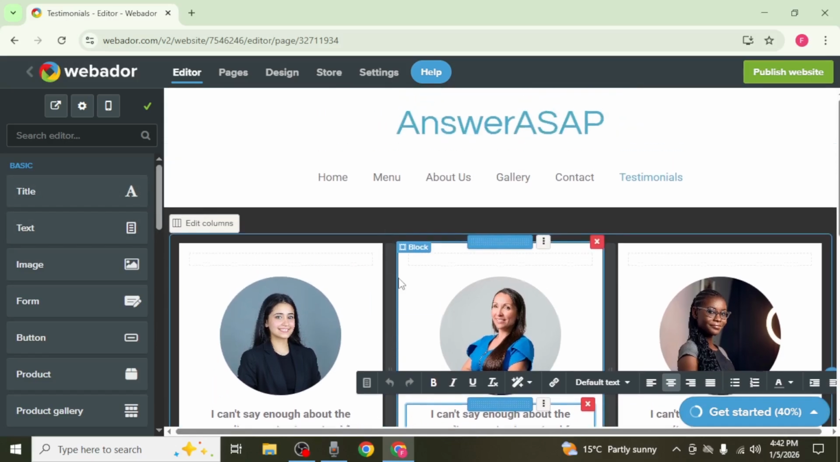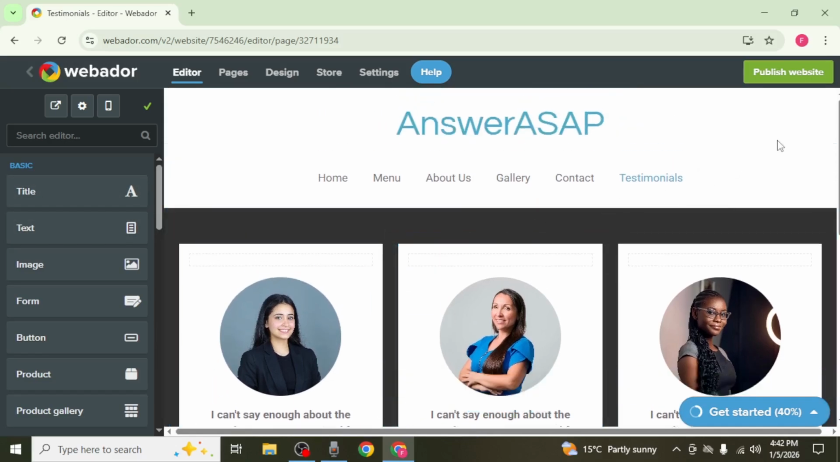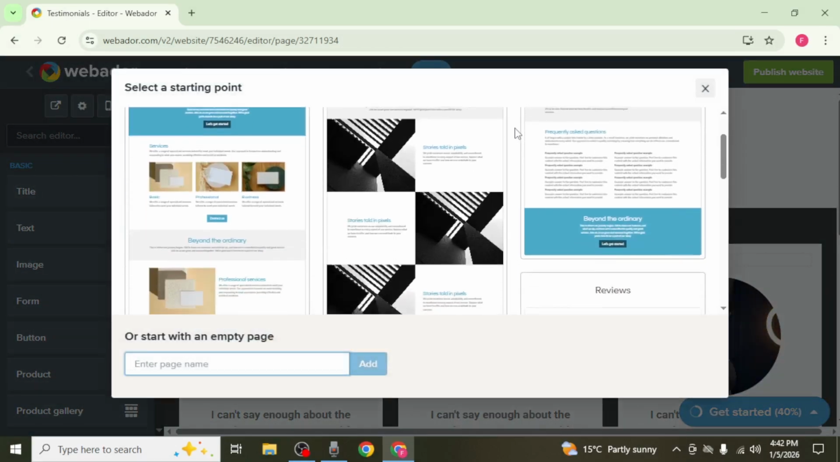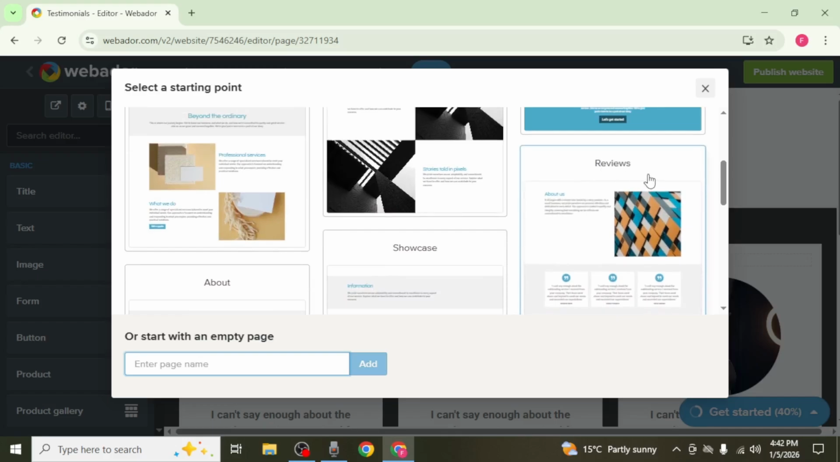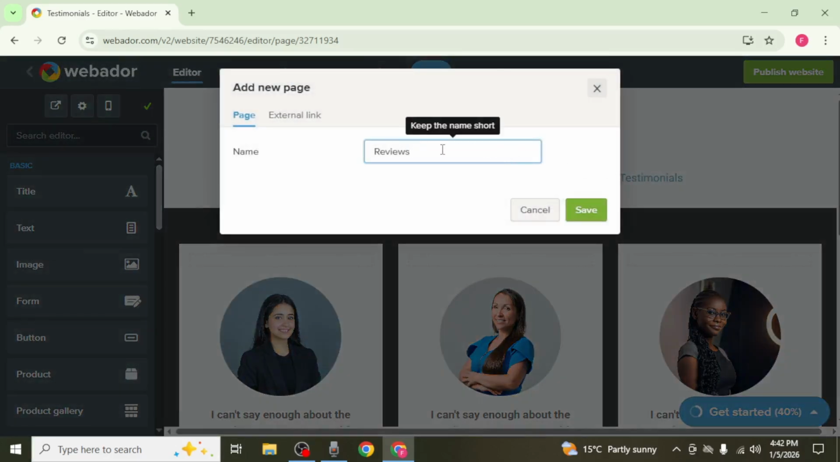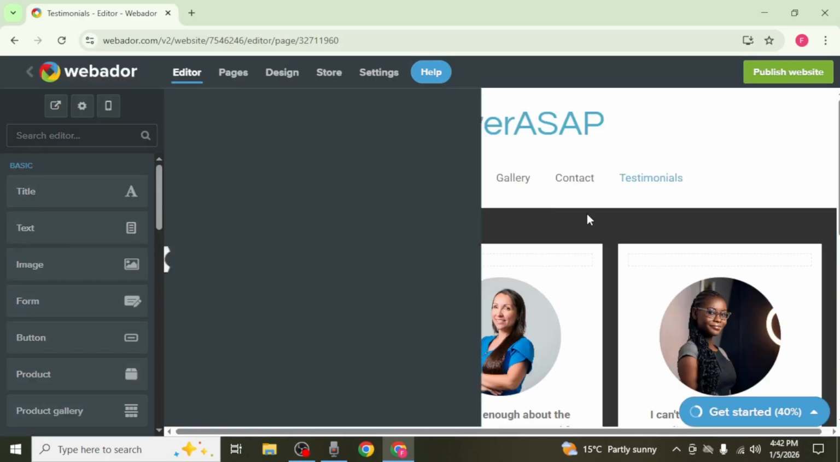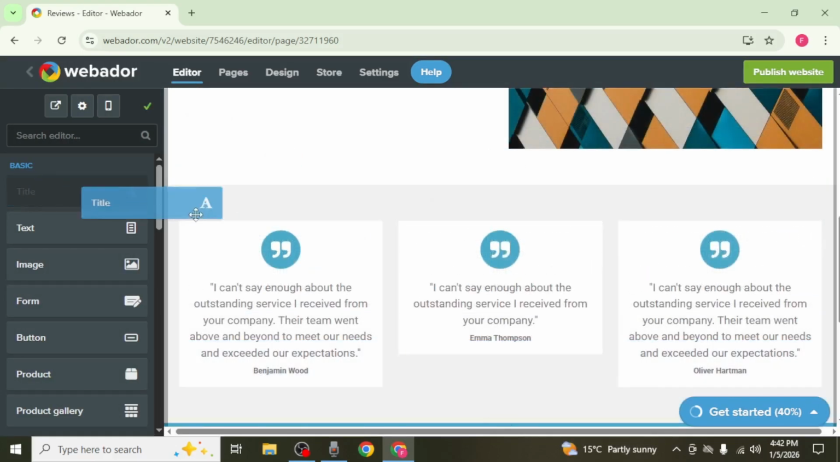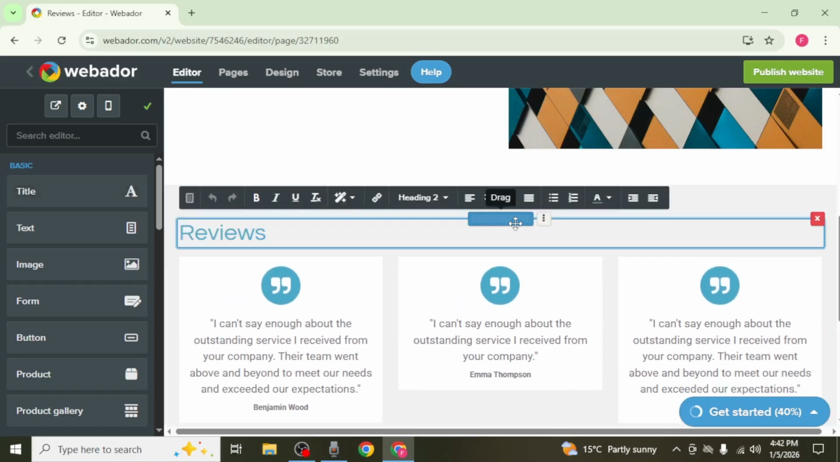If you want to create a page using a predefined starting point, click on the Add Page icon again and browse through the available categories. Choose a category such as Reviews, set a name for your page, and then click on Save. The page will be created using that template, and you can edit it further by adding elements or adjusting the